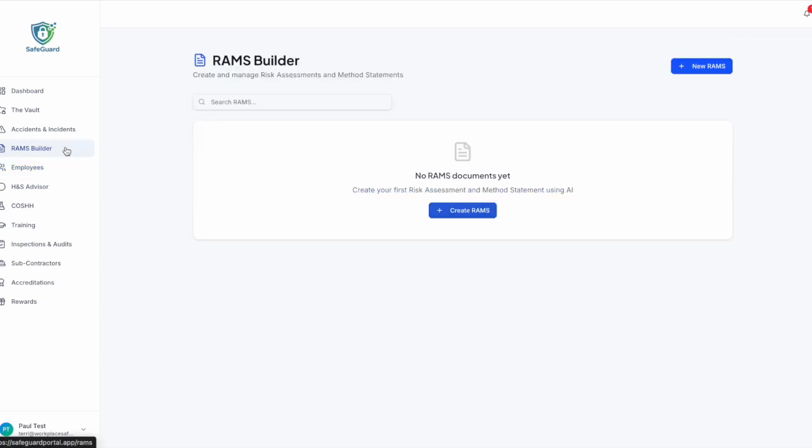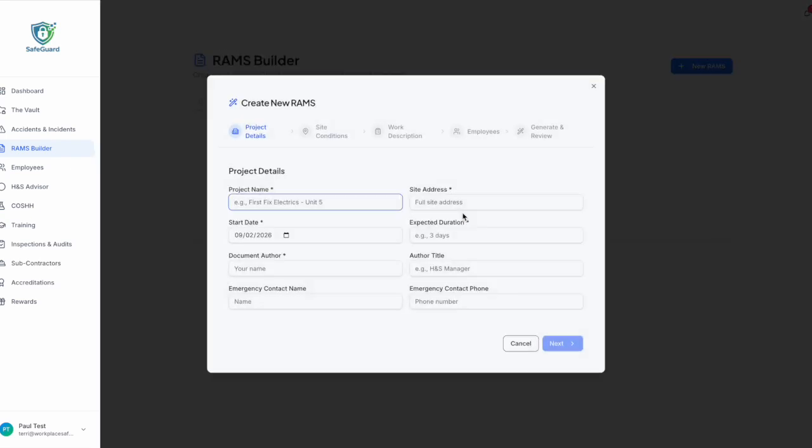The RAMS Builder section is one that I know a lot of people are particularly interested in using, and it is one that can save you a ton of time. So within here, we're going to go on Create RAMS. You'll put in your project name. For here, we'll just put test, site address, fill out all the details for your project essentially within this section,